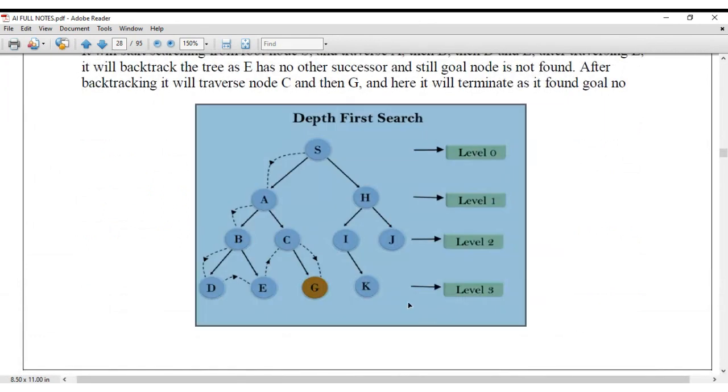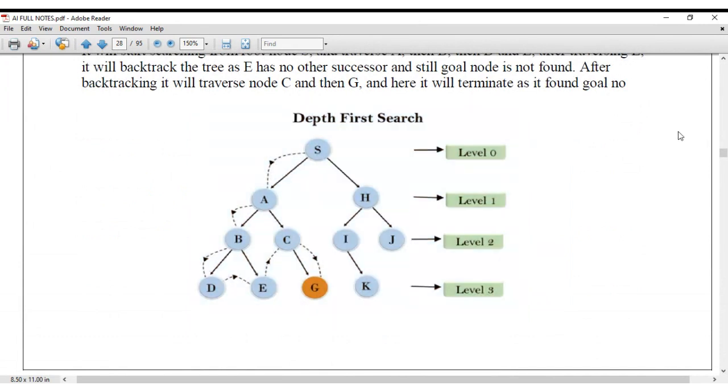The depth first starts from the root node. So the root node is the first possible solution. It starts with that. Then of course it tests the path cost, and the function for testing it is called the goal test. Then it goes to A. It will not traverse from S to A, then S to H. It will first traverse from S to A, measure that, then A to B, measure that, then B to D,